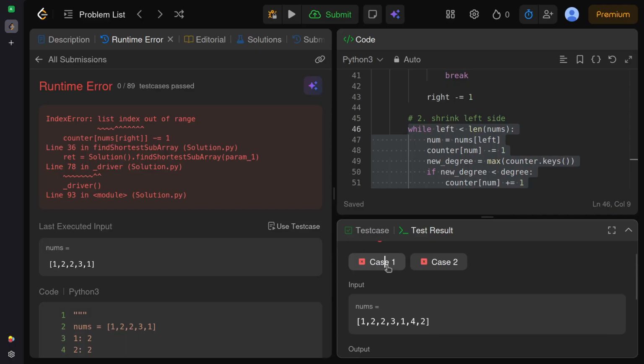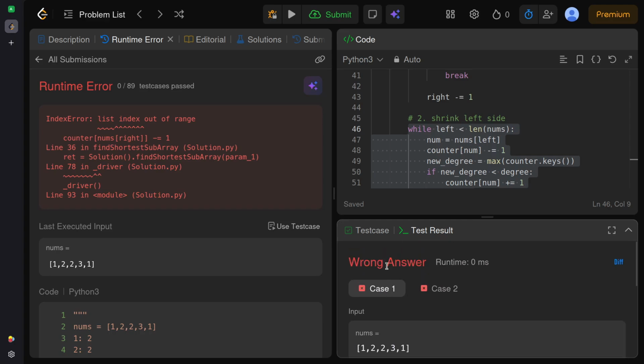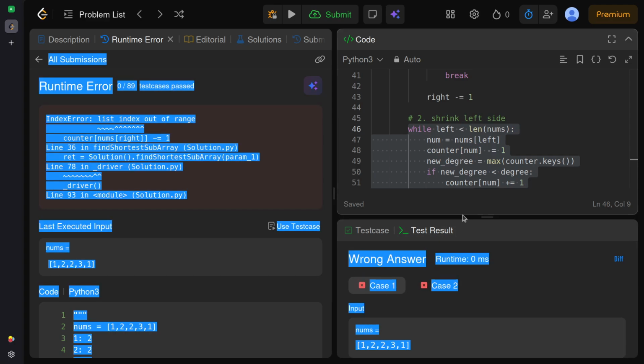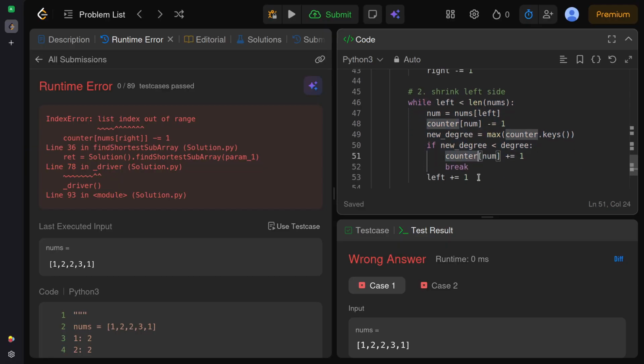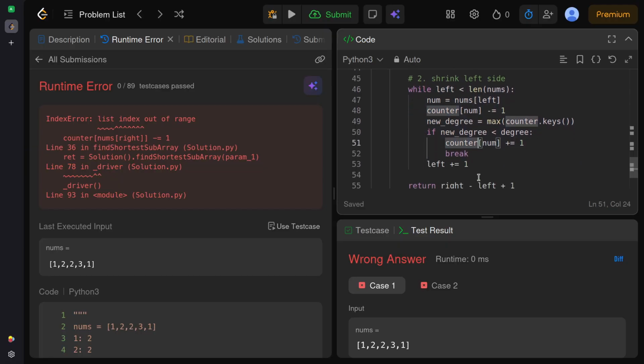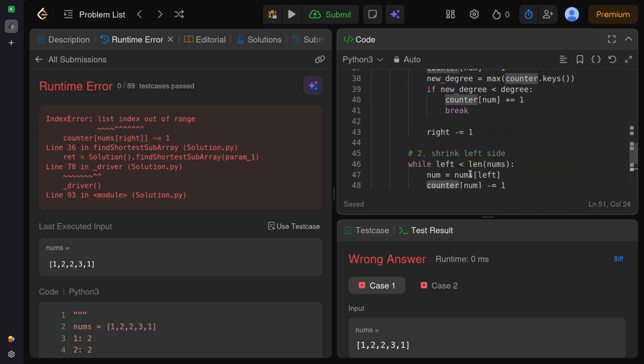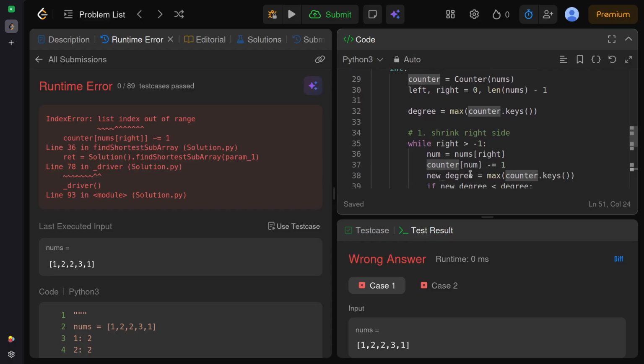But why in these cases does it have wrong output? Okay, maybe the